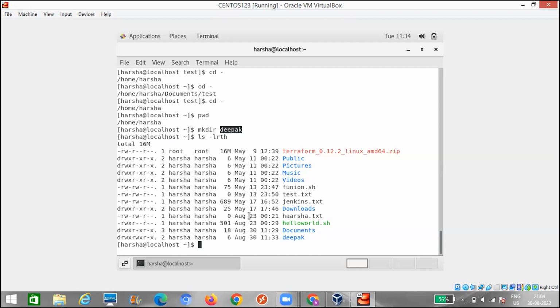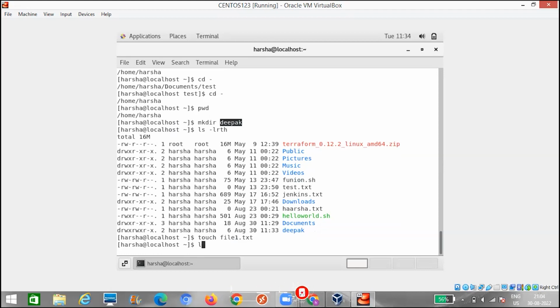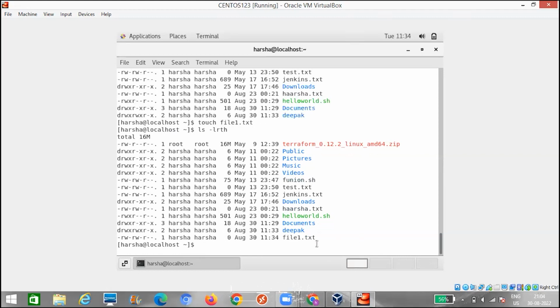The other way is the touch command: touch file1.txt. If I do ls -lrth, it has created a file with the name file1.txt. As it is a file, it has just a hyphen at the permissions. In this way, using the touch command, I have created a file.